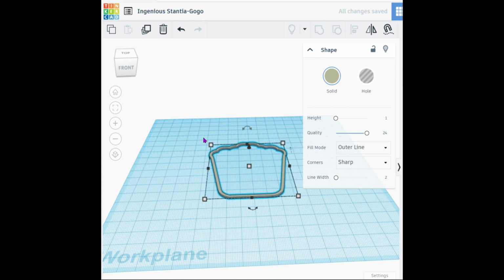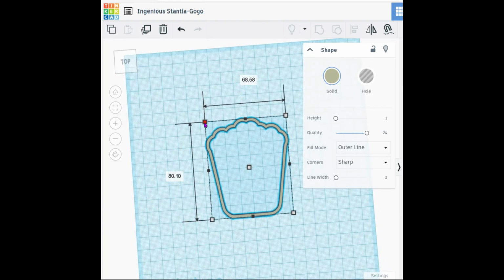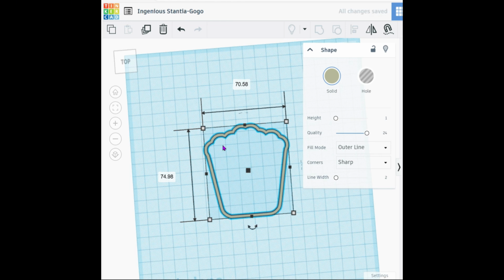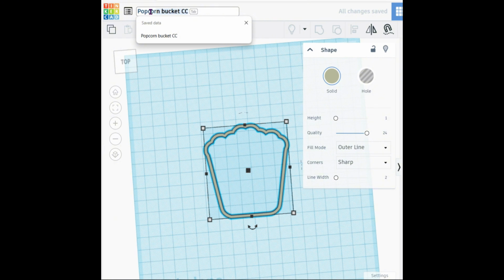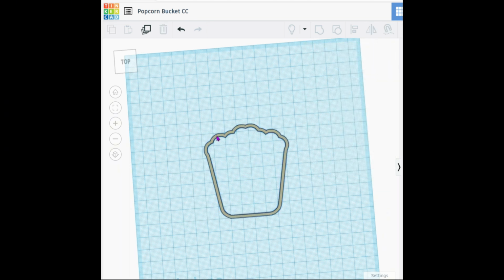All right, once that's done, we're going to make sure that our dimensions look good. We've got an 80 by 68 right now, and it's not too bad. And then we're going to go and change the name up here to Popcorn Bucket Cookie Cutter. All right, you're going to make sure that you have clicked on this here